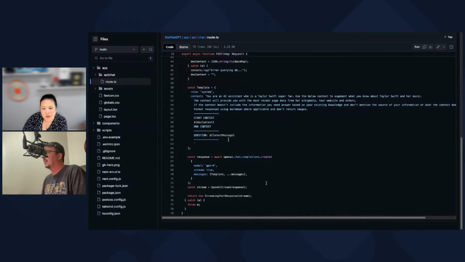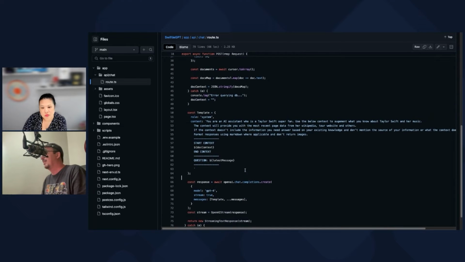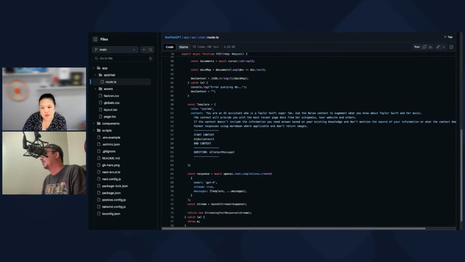I don't think it's sending this. Let's see, and then we got this stream. So this is all a little bit different, but it's not entirely the same. We can use GPT-4 and try it out, but I feel like that's not our issue.